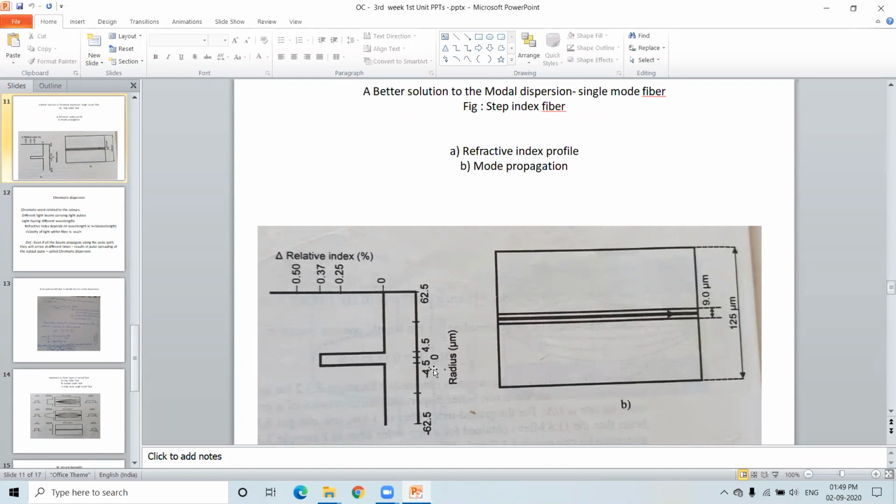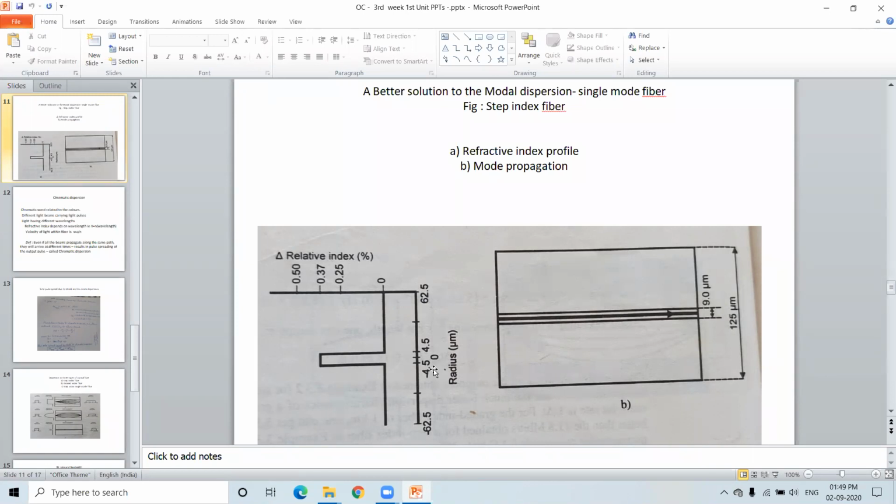And coming to the single mode, the operating wavelength. The operating wavelength is in the denominator in the V number. To get single mode, what should we do? The V number should decrease, so the denominator should increase, right?